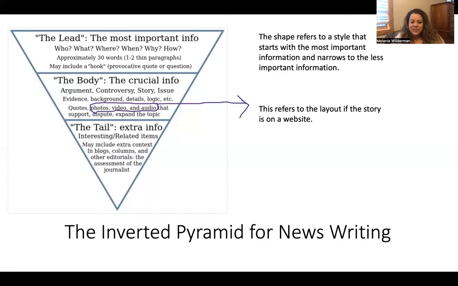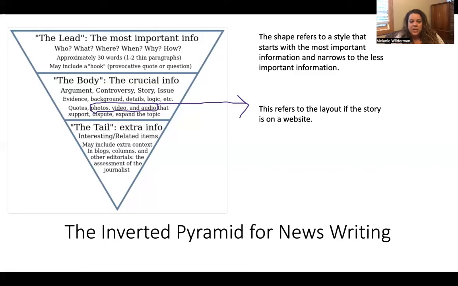This week we are talking about different structures for news writing. We are starting with the basic written news story and the structure called inverted pyramid. It's very common, it's been around for many, many decades. It refers to the shape of the inverted pyramid, right? An upside down triangle. It refers to a style that starts with the most important information and narrows to lesser